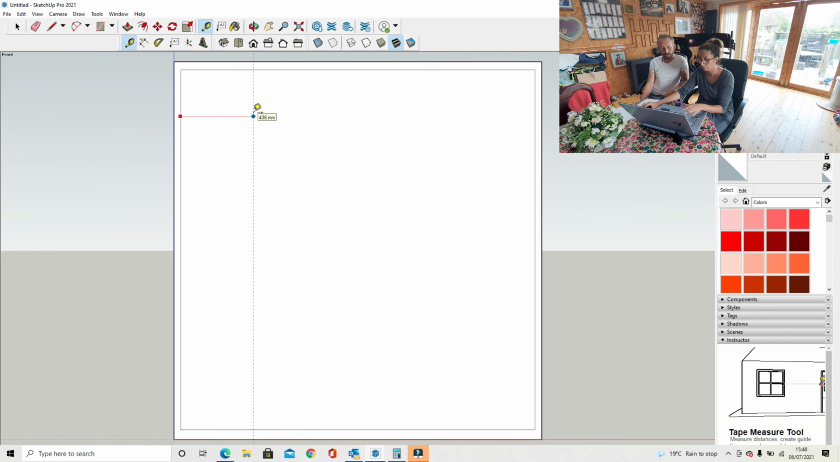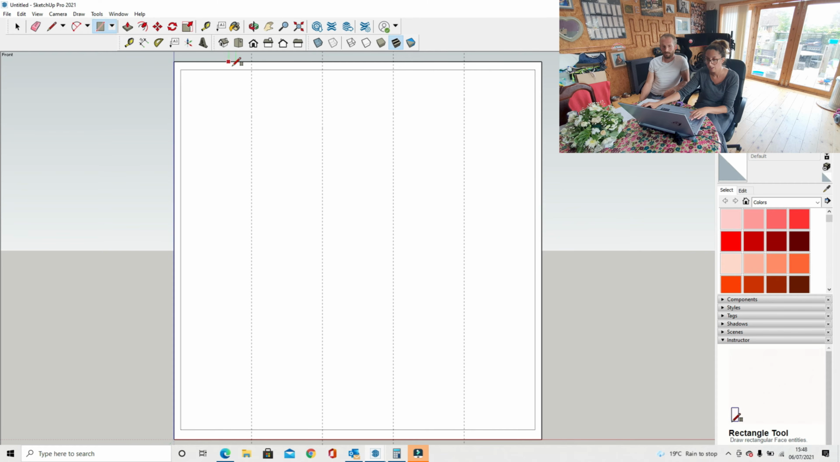424.4. Now, what you'll find with SketchUp is it does round it up. It might round it up to the mil or to the half a mil. It won't do it to the 0.1 of a mil. 424.4. So I've got my doors in, and I'm now going to go to my rectangle tool once again and